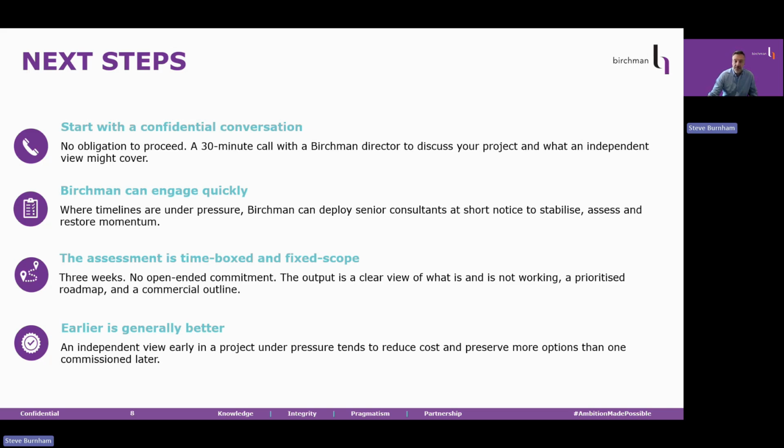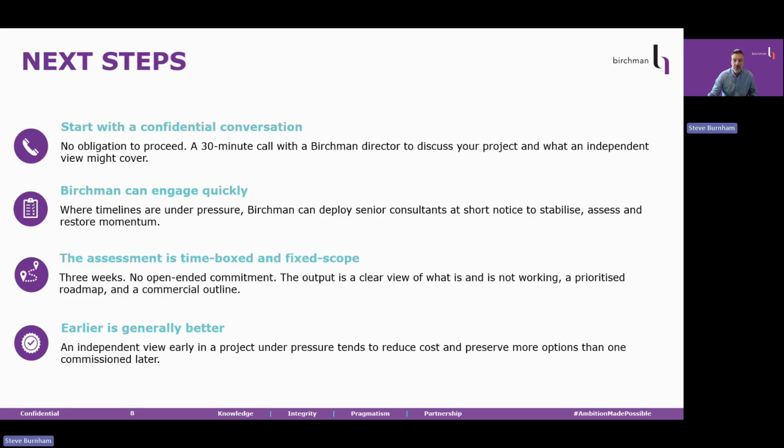This is a legitimate concern and is how a lot of program recovery engagements do go wrong. This is not that. It's 3 weeks. It's a defined deliverable. Nothing expands without your agreement. The commercial outline at the end of the 3 weeks is the gateway to the remediation phase. It is not the start of an unbounded relationship.